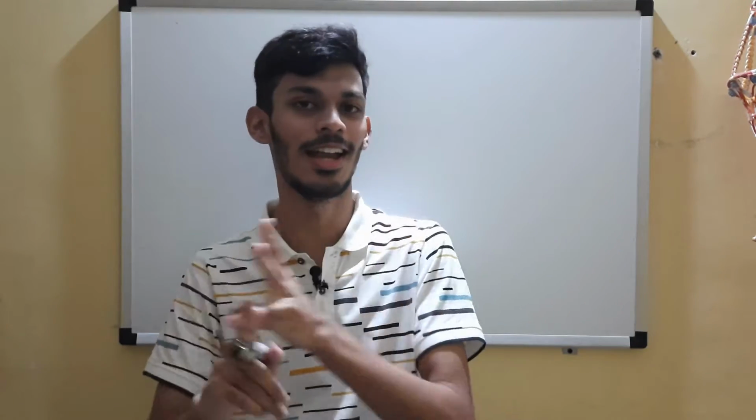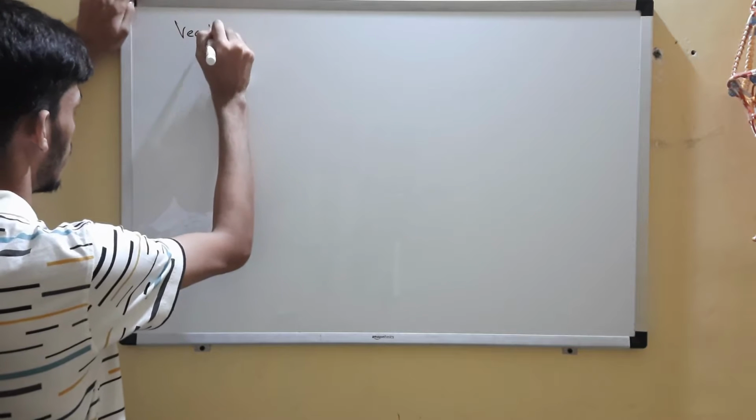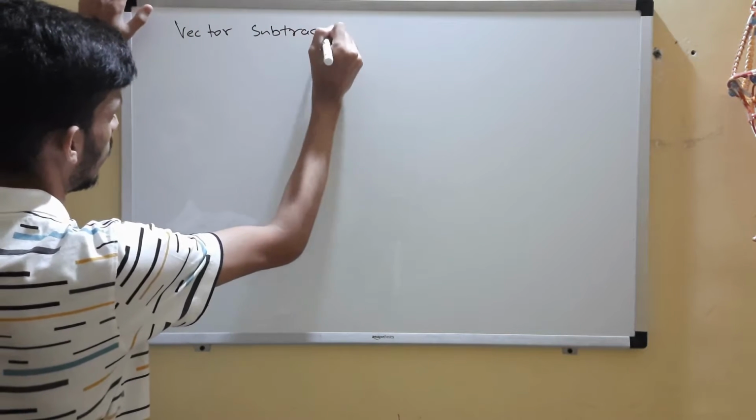Hello everybody, in this video we are going to discuss vector laws using which you can add or subtract two vectors. This is going to be very interesting because at the end of this lecture you will be able to add or subtract two physical quantities which have both magnitude and direction, right? So you will be able to add and subtract vectors. This lecture will be mostly dedicated to vector addition and subtraction. Of course, we are going to use vector laws for it.